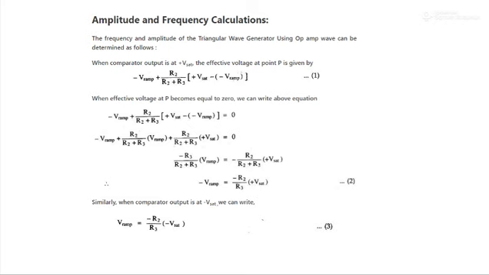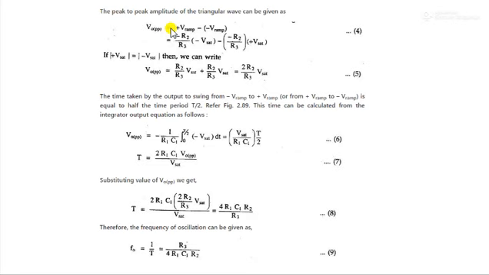So now we know the plus V ramp and the minus V ramp. From this we can find out the peak to peak voltage of the triangular waveform. So V0 peak to peak equals plus V ramp minus of minus V ramp. This is the plus V ramp and this is the minus V ramp. Here plus V saturation is equal to minus V saturation. Then minus into minus plus, so R2 by R3 into V saturation, and here R2 by R3 into V saturation. So 2 R2 by R3 into V saturation.